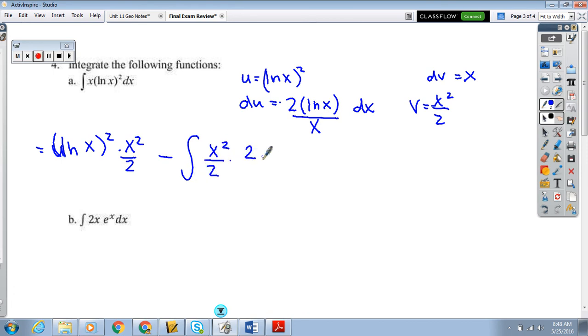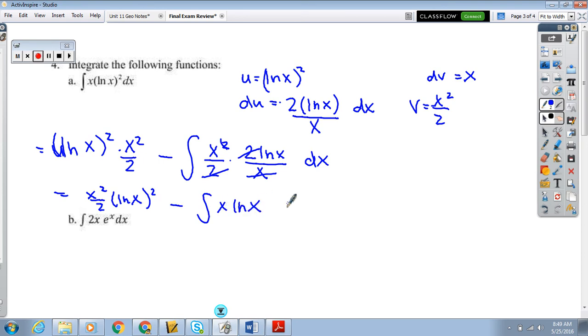Do things to simplify or cancel things out, like the 2's cancel, one of the x's would cancel. So really what I'm left with is the following. Antiderivative of, let's see, x ln x dx, and